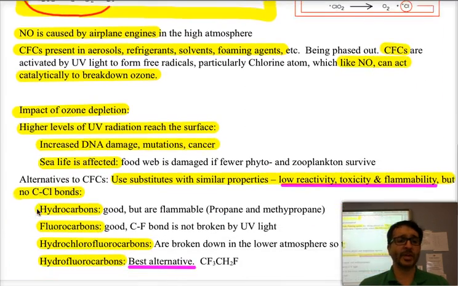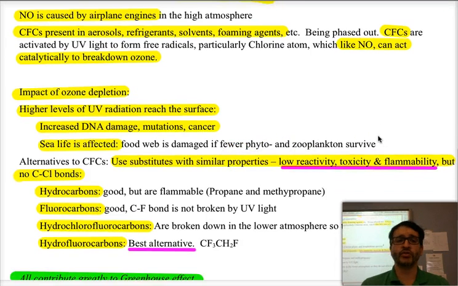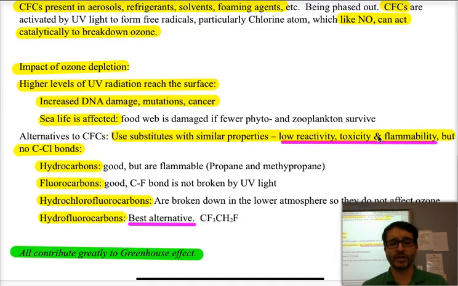As we talked about the impact, of course, we have more UV radiation reaching the surface, so it's going to create more damage to DNA, mutations, cancer. It also causes problems with phytoplankton and therefore the food web in the seas, which cover 2/3 of the surface of the planet, and they are going to be affected. Now, we can't do much about NO right now, but we can do things about CFCs,